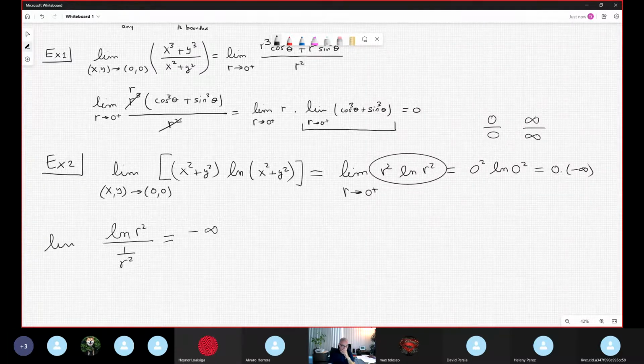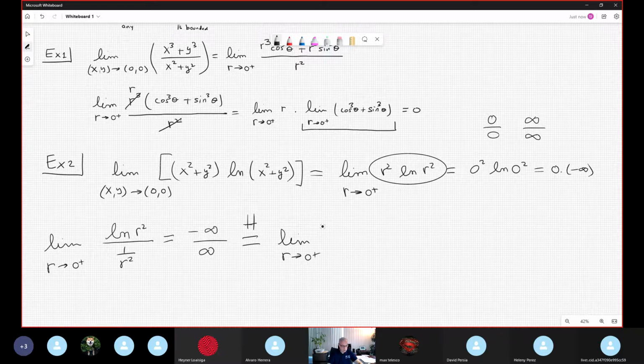Okay, so you want to write again the limit as r approaches 0 plus of the natural log over infinity, because 1 over 0 is infinity. Okay, ready to apply L'Hopital. And L'Hopital, you know, it's easy. Yes, for example, you